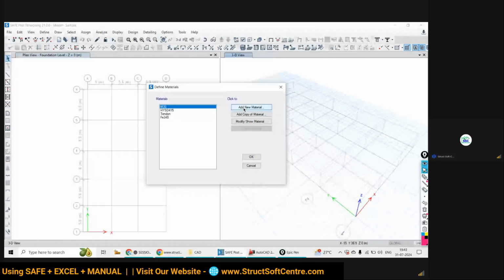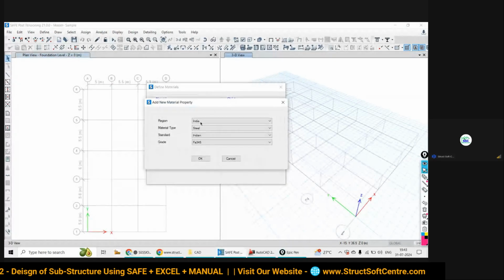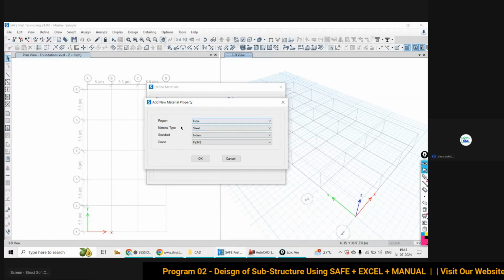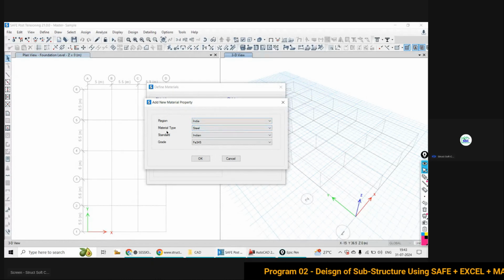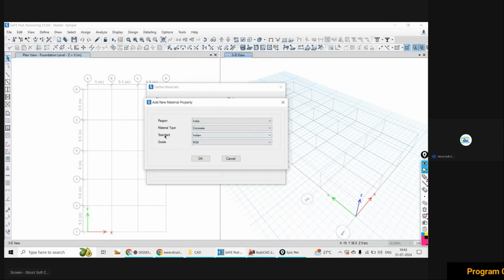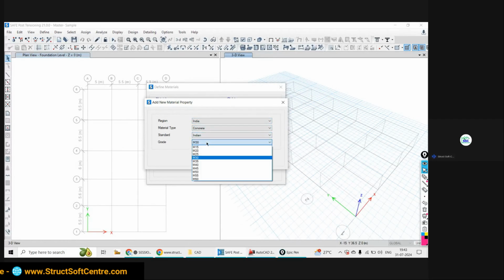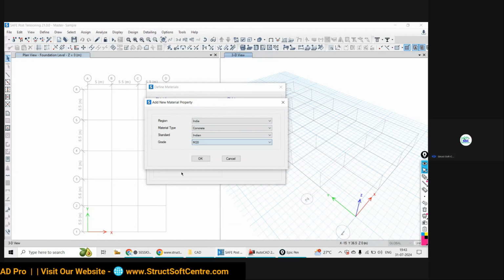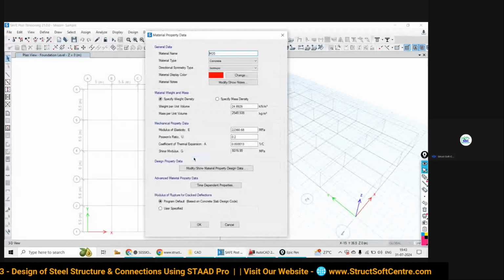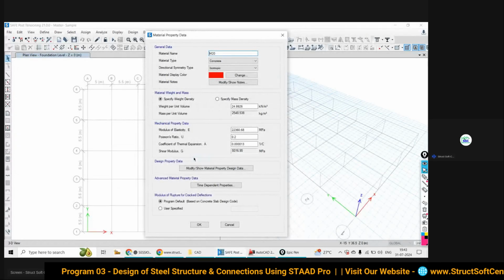Just go to Add New Material Property. The region is India, the country for which we are dealing with this sample project. Material type is concrete first, standard will be India, and third is your grade. Which grade should we choose? M20 grade of concrete. Once you click OK,